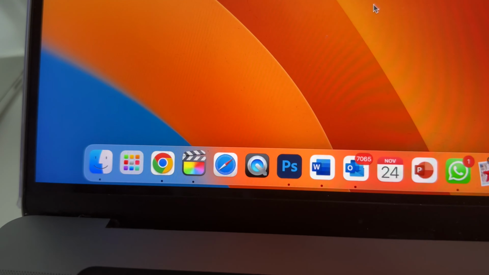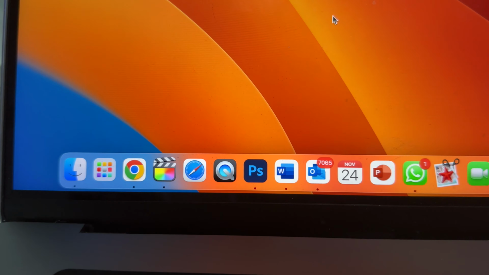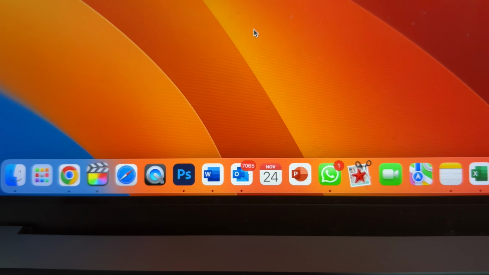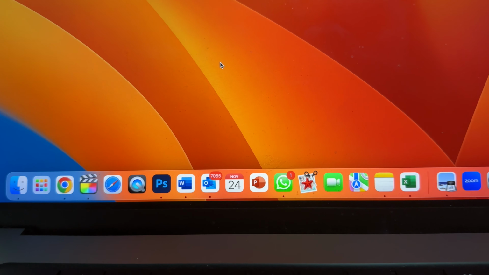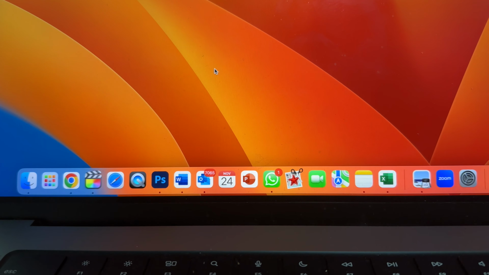So then guys, today what I want to show you is how to transfer all of your apps and all of your data over to a brand new MacBook in this 2023 guide. So if you have things like Photoshop, or the Office suite with Word, Outlook, Excel, or let's say you have Final Cut Pro or Logic Pro, any kind of apps and all of your documents and photos and videos to go along with it, and you want to transfer it to a new Mac, this is the